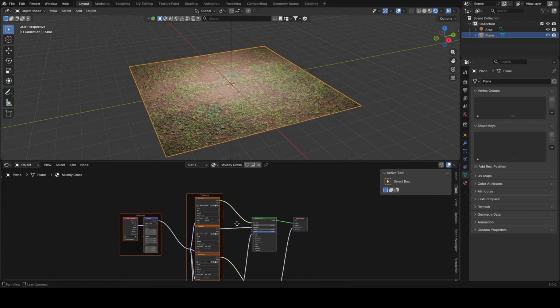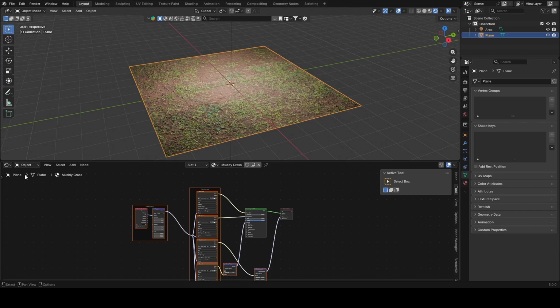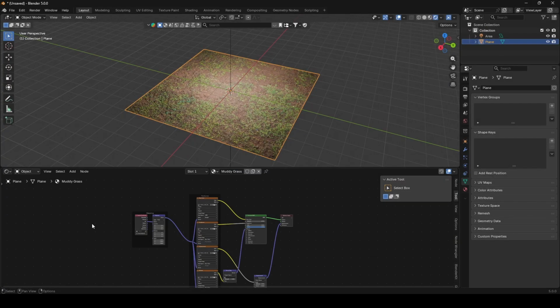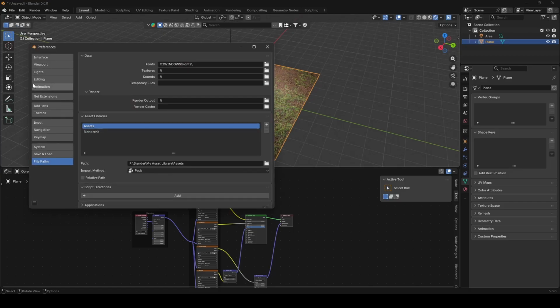But the import settings will go back to default for every new project, so to avoid that, go to Preferences, go to File Path, and change Import Method to Append. Then save your